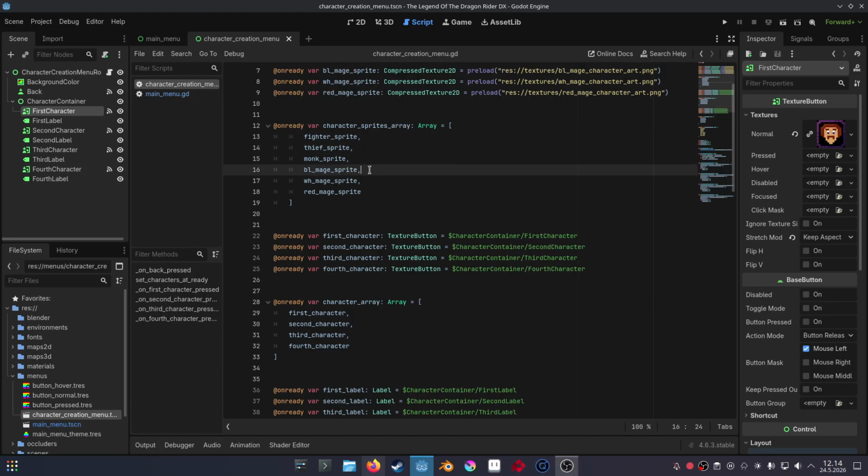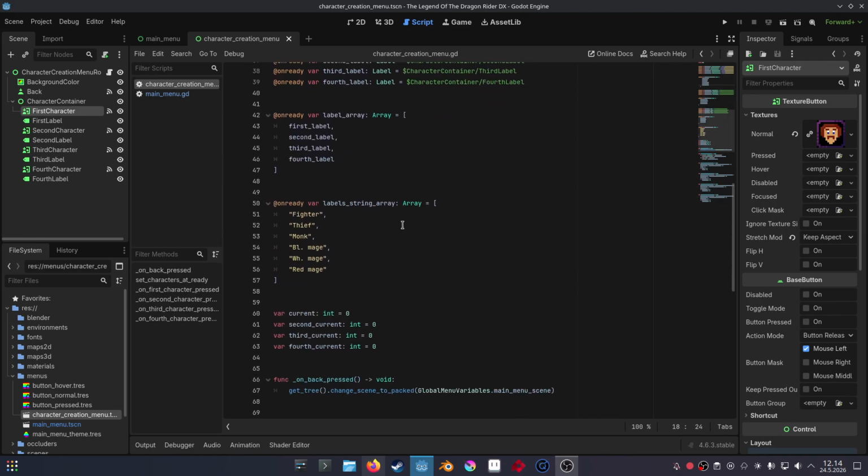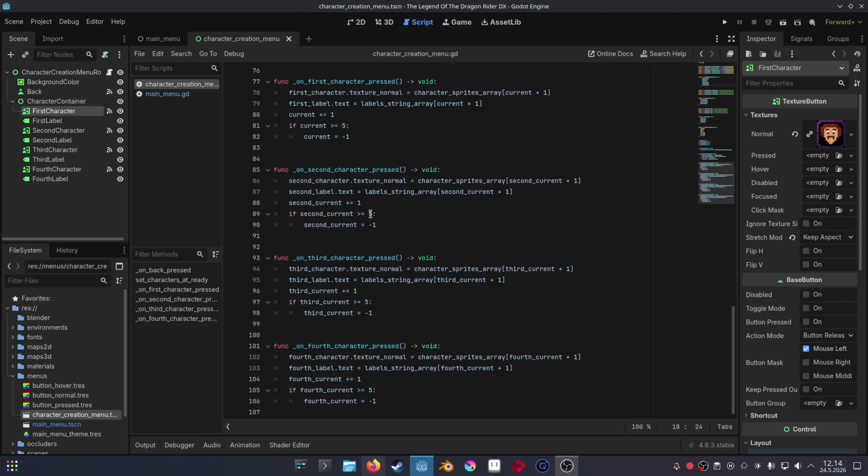1, 2, 3, 4, 5, 6. Okay. 1, 2, 3, 4, 5, 6. How does this work? Let's see. If current equals or is bigger than 6 and we click it, then no, it's bigger than 5. Then we minus 1 from, yeah, that's because,